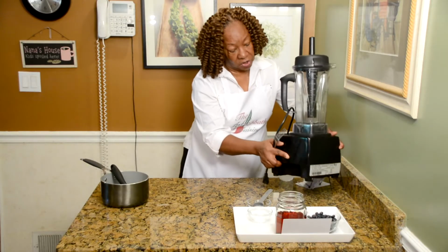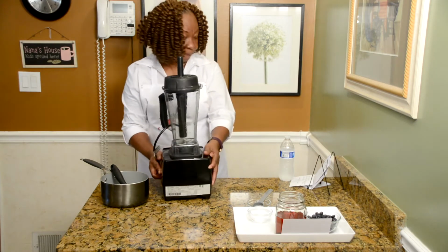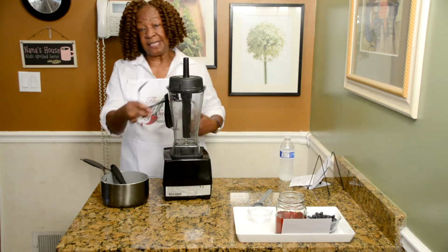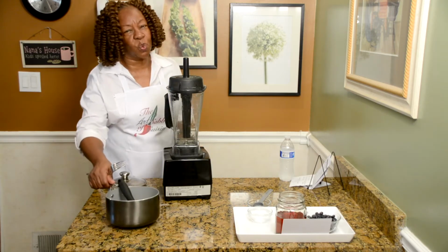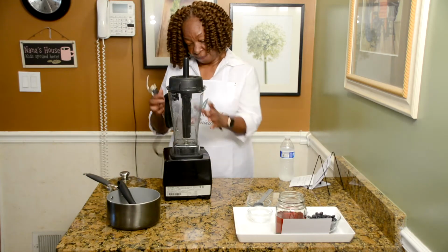Now we're going to make our sauce, because this needs to cook. That's why I wanted to get the dessert going first, because it takes a little time for the dessert, but it is well worth it. So we're going to put